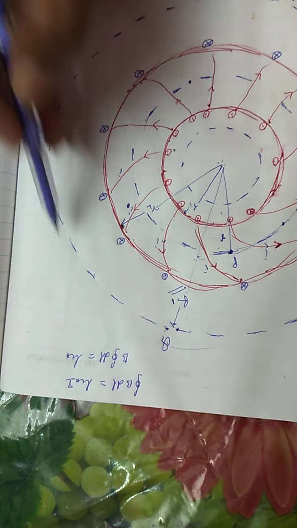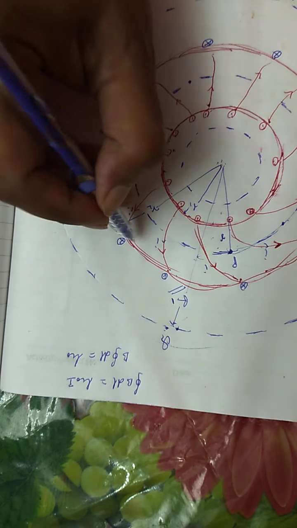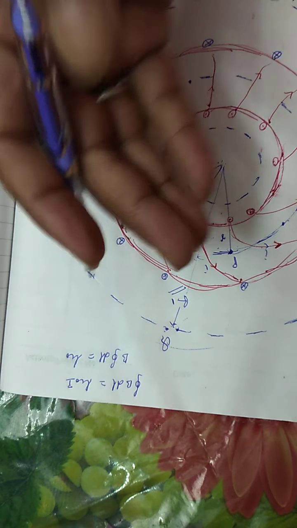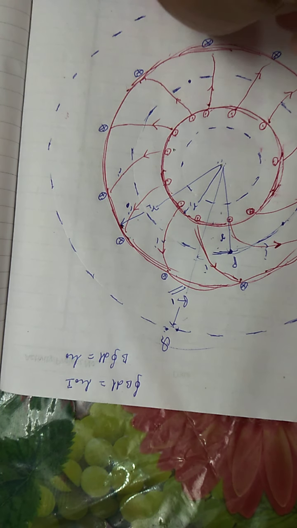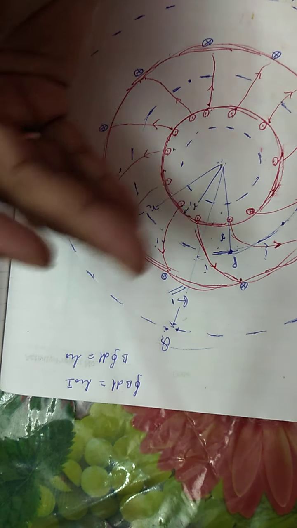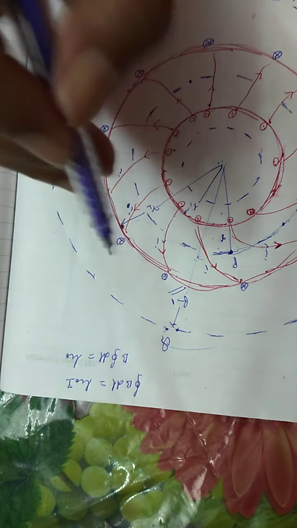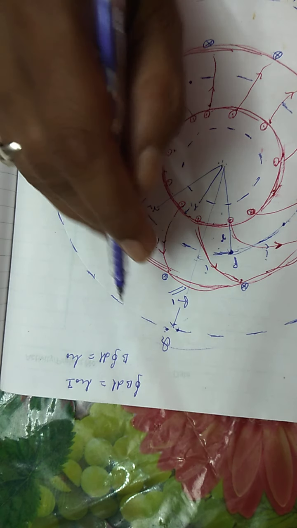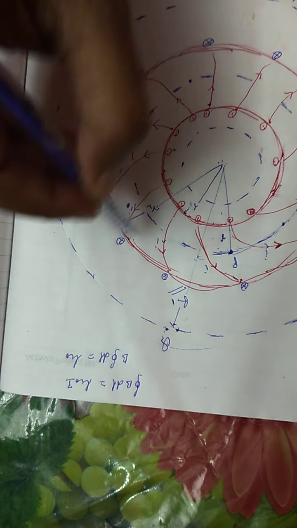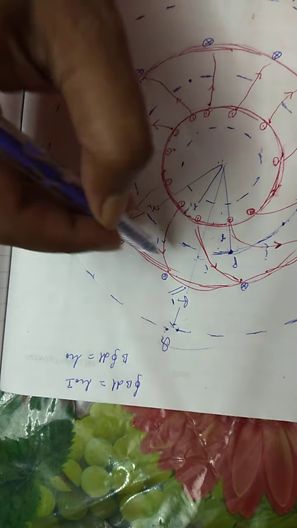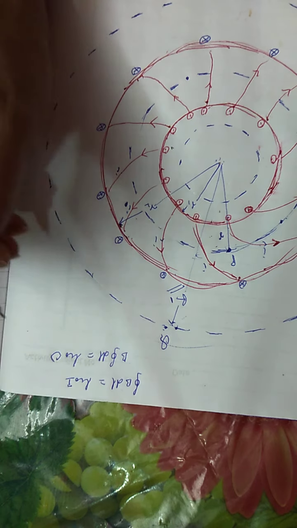This amperian loop is enclosing two kinds of current. One is going up and one is going down. Again going up, going down. So the number of currents going up is equal to the number of currents going down. So your total current in that case is going to be 0. If you consider the current going up positive, you have to consider the current going down as negative. So the total current coming up in this toroid inside the amperian loop is equal to the total current going down. So your net current is going to be 0.